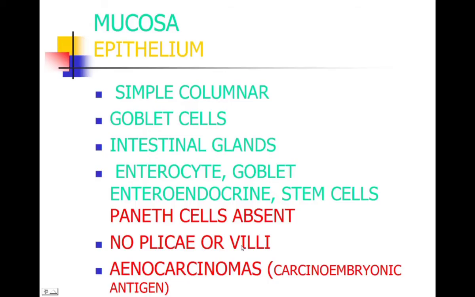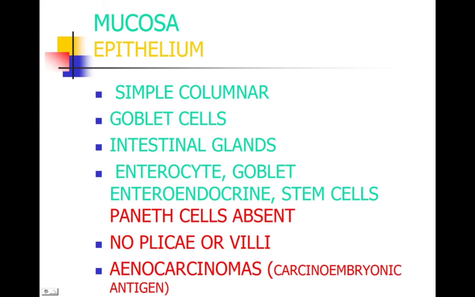And as regards the mucosa, I have told you that the alimentary canal is made up of 4 layers: the mucosa, submucosa, muscularis externa, and serosa. The mucosa of the large intestine, that is the colon, has the epithelium, which is simple columnar epithelium. These cells are known as the enterocytes. These are the absorptive cells. There are a lot of goblet cells. In the mucosa, there are crypts of Lieberkühn. There are simple tubular glands. The columnar epithelium dips down, invaginates into the lamina propria to give rise to these intestinal glands.